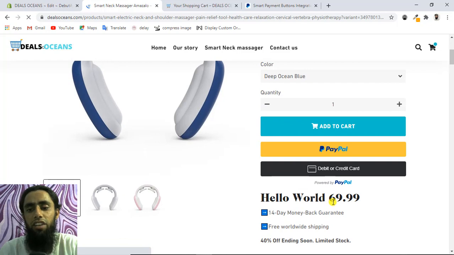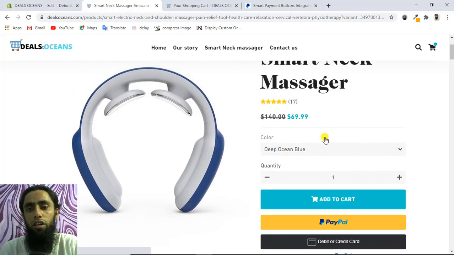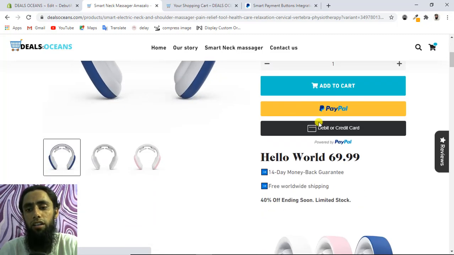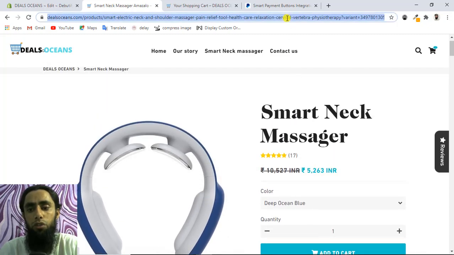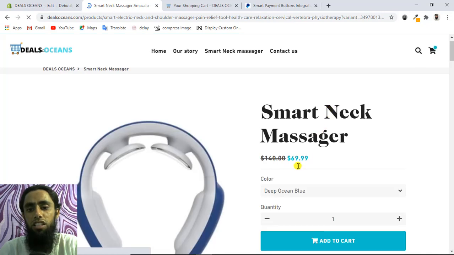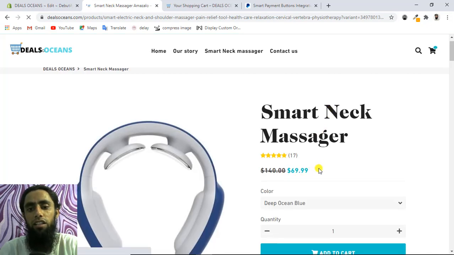So you can see that we have the correct value which is $69.99. Here you can also compare with this one. This was actually 69.99, and this is now converted to Indian rupees, so that's why this is showing more. All right, so this was originally $69.99 US. For example, if you are refreshing once again, then you will be getting the exact amount which is 69.99, right?